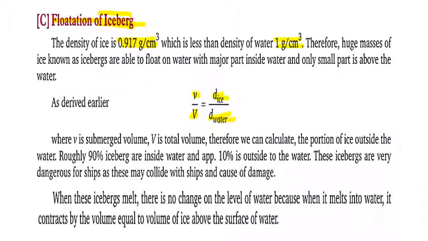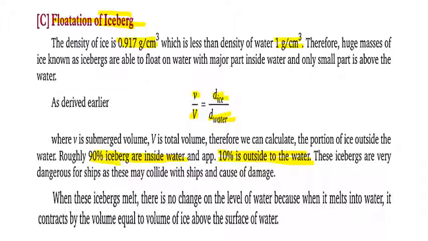is outside the water. By solving this, we can get a ratio, a fraction, that about 90% of the iceberg is inside the water. We cannot see the 90% part of the volume of the iceberg. Only 10% is outside the water, which you can see on the surface. Therefore, these icebergs are very dangerous for ships, as they may collide with the ship and can cause heavy